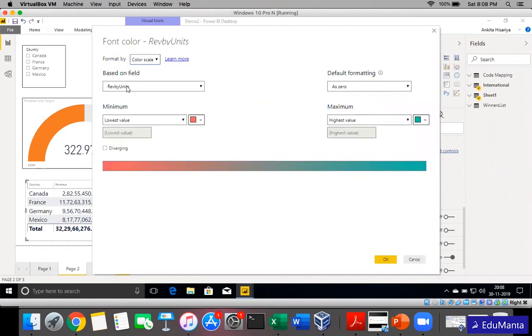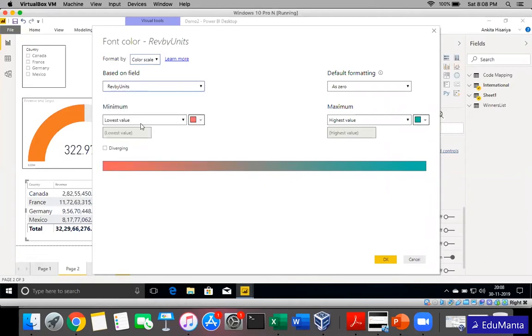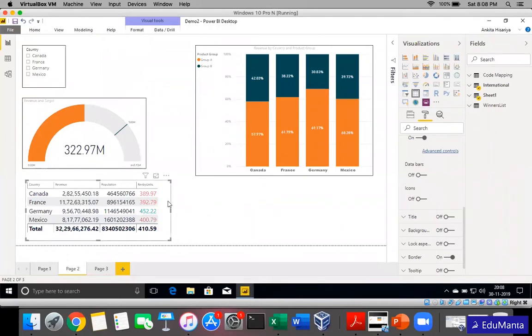this field. Sometimes we want to format this particular field, but the condition that is there may be a different field. That also can be chosen. By default, Power BI will have this particular field chosen here. We are choosing this field and we are saying, okay, I'll show you different option. One is lowest to highest. Lowest is in red, highest is green. Okay, then you see what happens. From lowest to highest, it has just given a different shade starting from the dark red to green and different shade for 400 and 392.